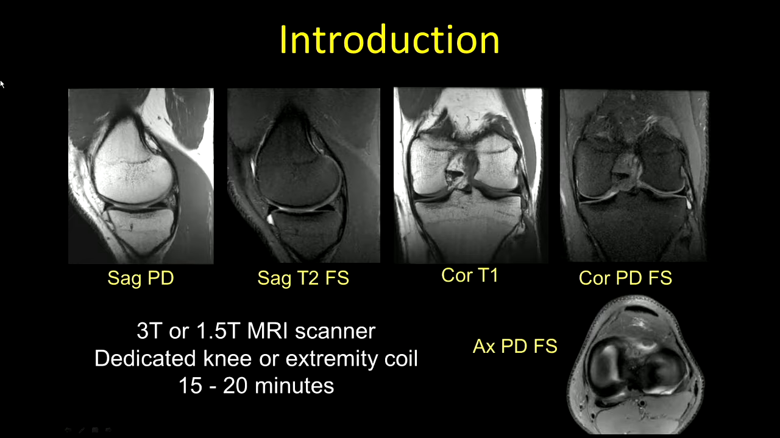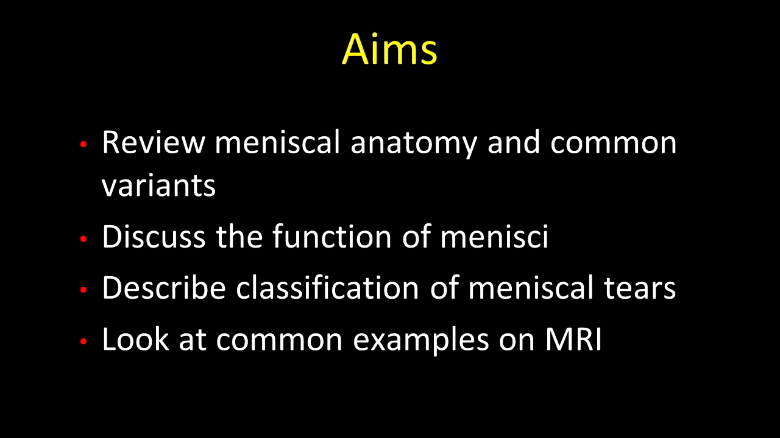Knees can be scanned on a 3 Tesla or 1.5 Tesla MRI scanner using a dedicated knee or extremity coil, and the patient can usually be on and off the table within 15 to 20 minutes. So in the next 20 minutes, I'm going to review meniscal anatomy and some of the common variants. We'll discuss the function of the menisci, describe the classification of meniscal tears, and look at some common examples